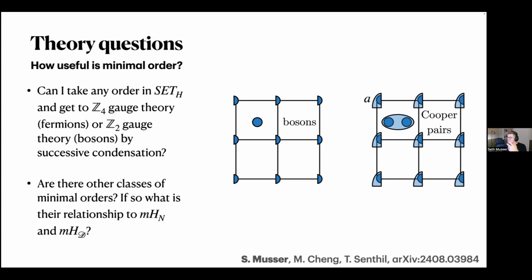So E squared now has charge 1, and the M particle would no longer be the vison. M squared would have to be the vison. But then you can think about condensing this bosonic E squared, which is charge 1, and you would get Z2 gauge theory. I don't know if that construction makes sense, but basically for everything that you seem to be able to construct, there's always some anyon you can condense to get to the minimal order in the examples I've thought about.